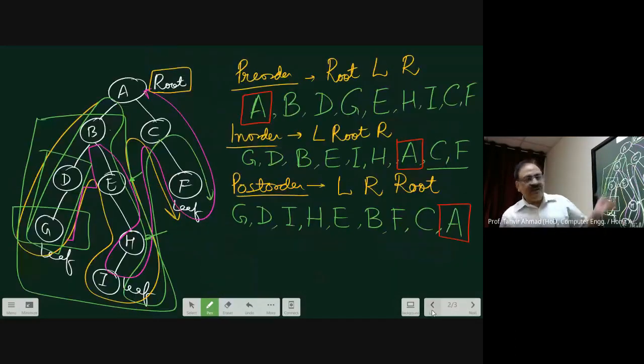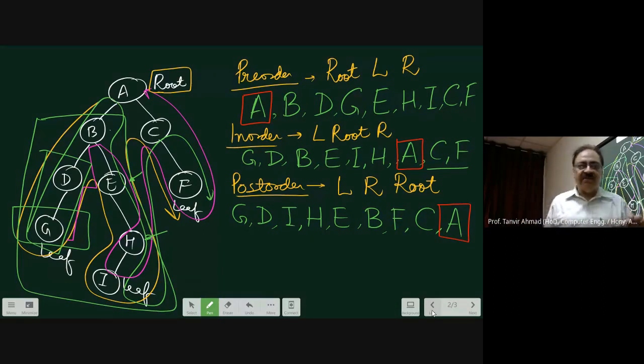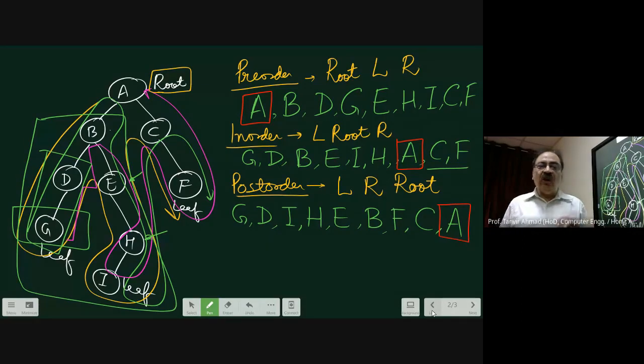Now, what we have done over here is just a way I am doing it manually. But actually, I am doing all those back pointers by looking at the picture or a diagram. But the diagram is not stored in the memory. The tree will be stored mostly as a linked list, or as an array also. But array implementation is not that good. Why? We'll discuss in the next class why we should not implement a tree as an array.